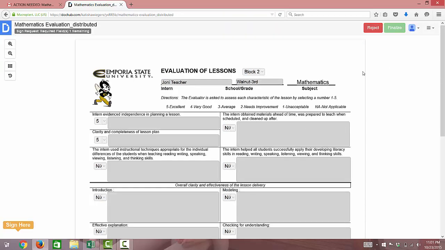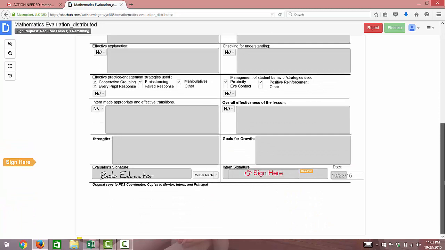and here is the form. Now, I am not allowed to adjust anything on the form. I can't change anything that was sent to me. All I can do is acknowledge it through signing. So I'm going to scroll down here, and I'm going to add the signature. So I'll click Sign here,